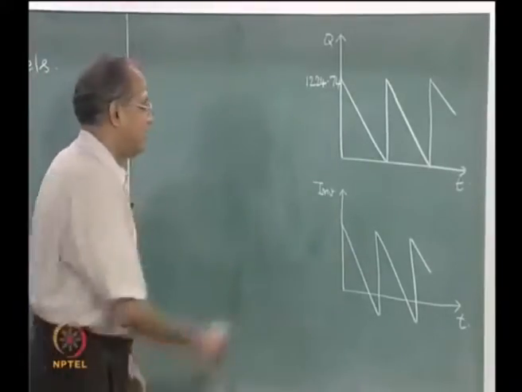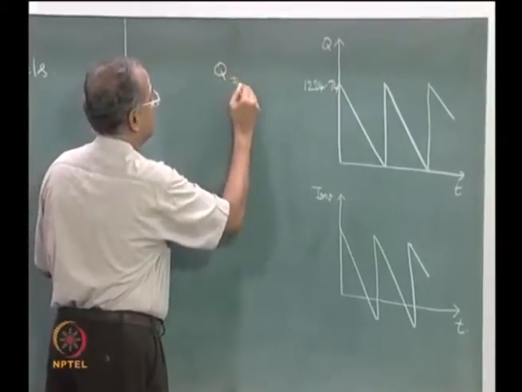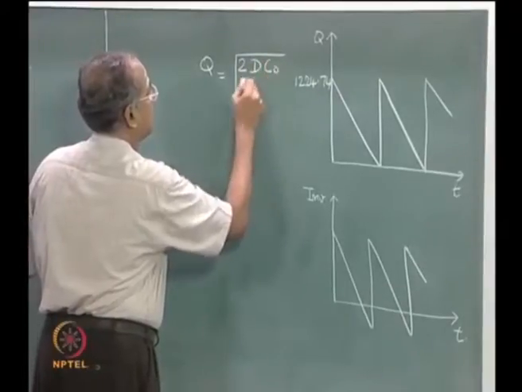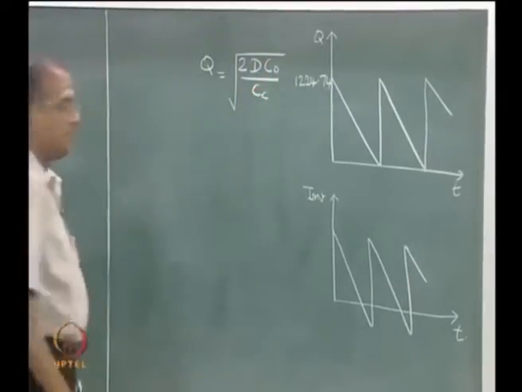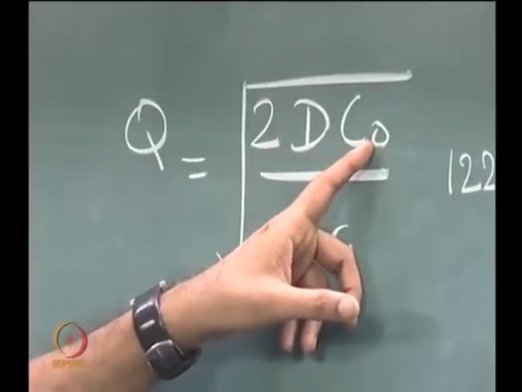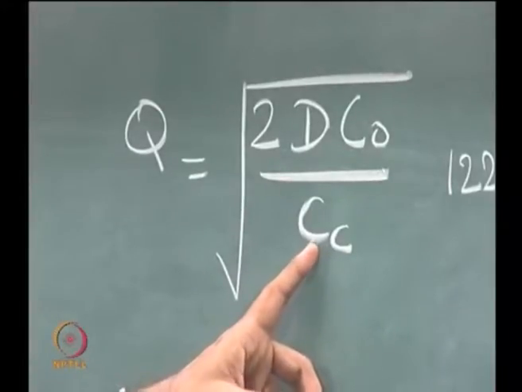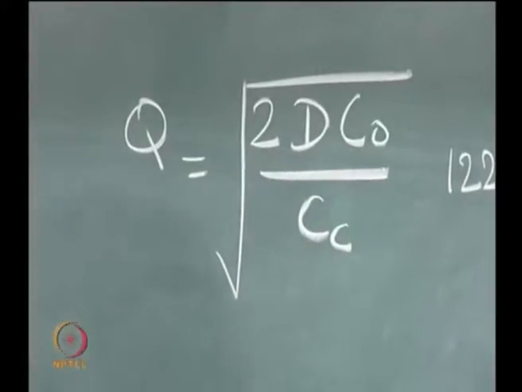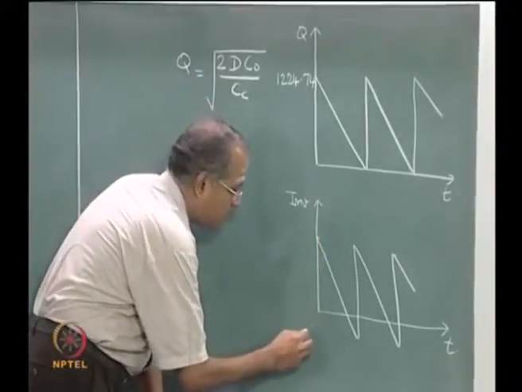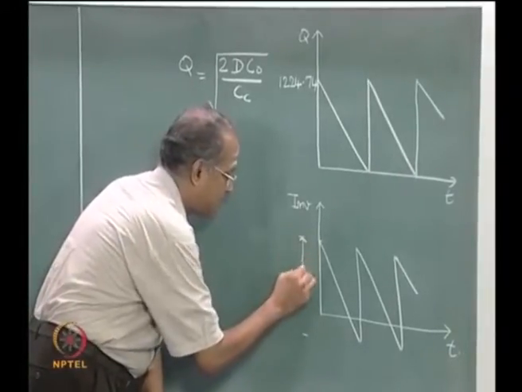assumptions. The economic order quantity for this model without back ordering is given by Q is equal to root over 2 D C naught by C C, where D is the annual demand, C naught is the order cost and C C is the unit holding or carrying cost. Now here there are two variables. One is the order quantity Q, which is actually this quantity,